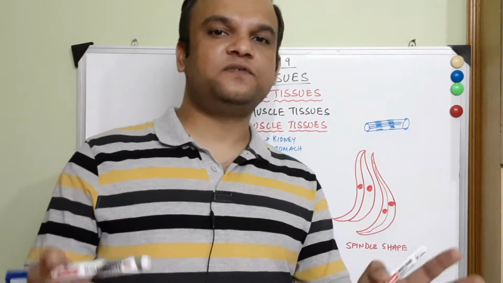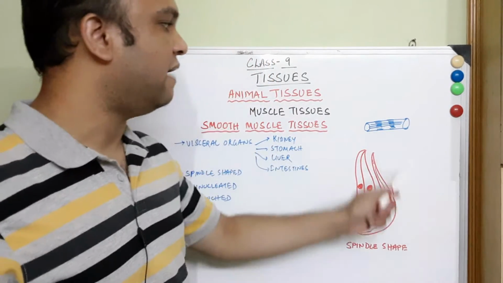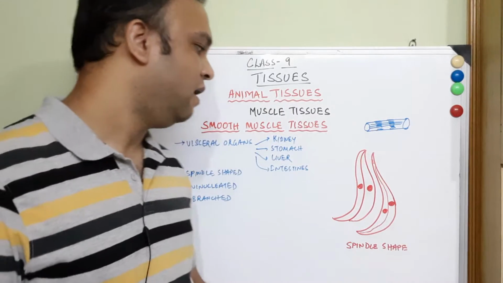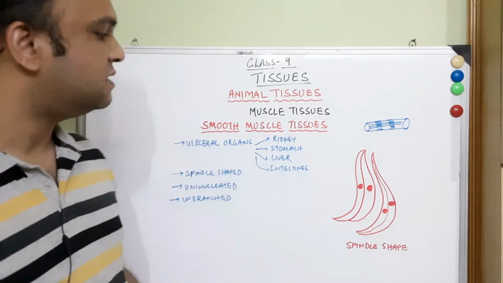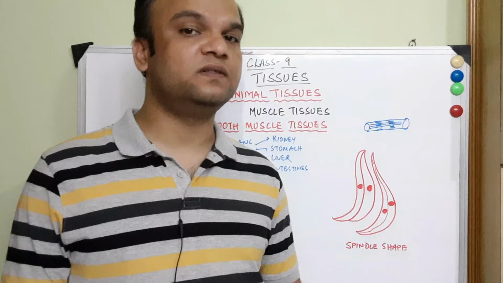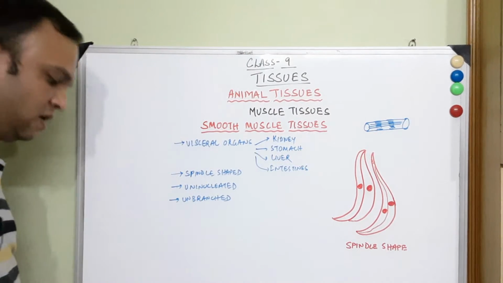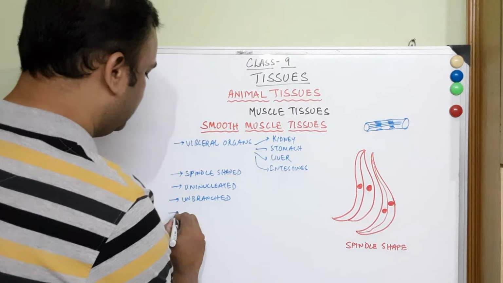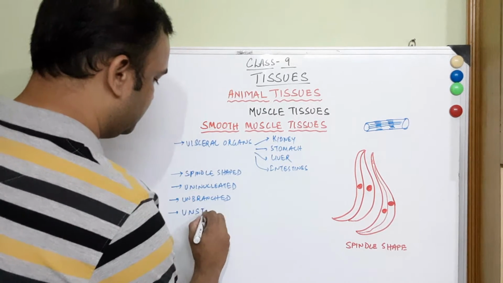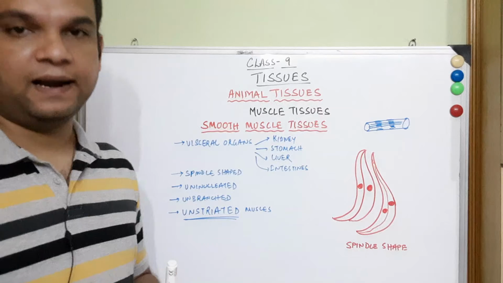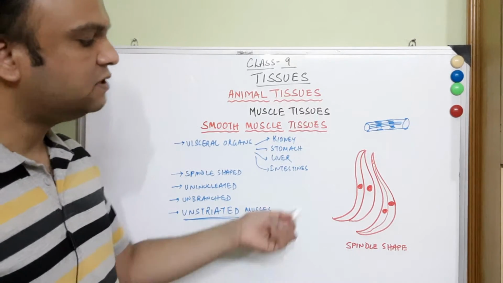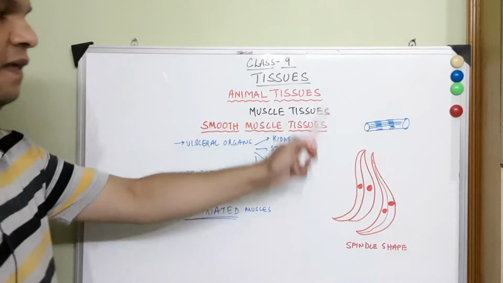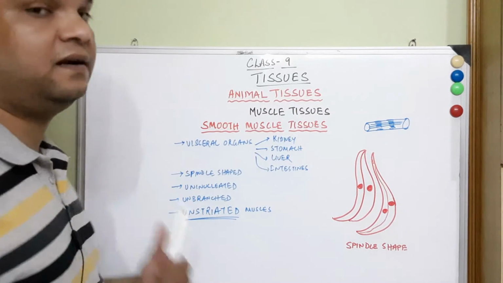Students, in the case of striated muscles, we have seen that they had bands, I bands and A bands, alternate dark and light bands. In the case of smooth muscles, we will not find such bandings over these muscles. So in that case, they are given another name. They are called unstriated muscles because of the absence of these bandings upon them. Even if you see it under the microscope, you will not find the bandings present upon them as we will find in the striated muscles or the skeletal muscles.